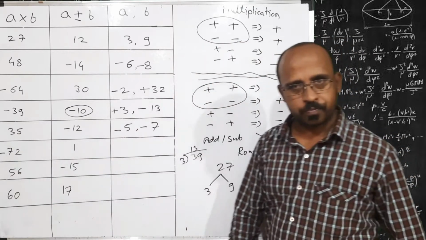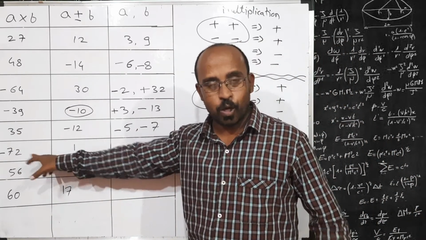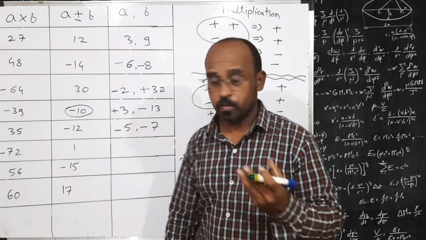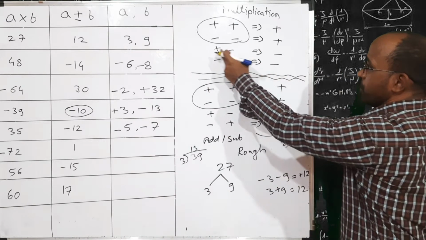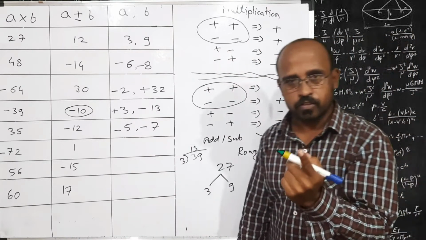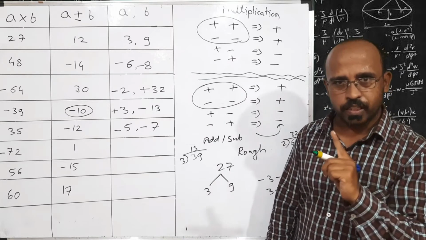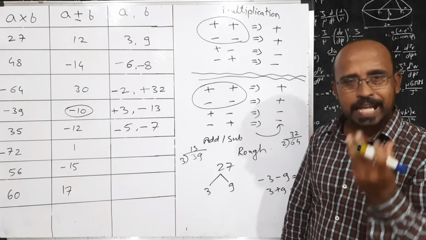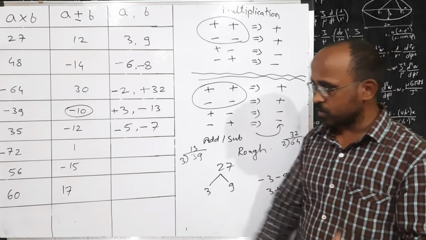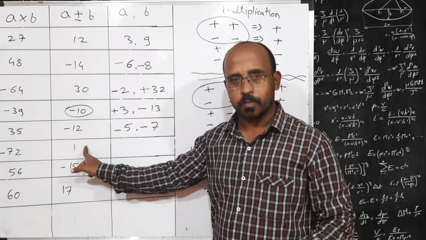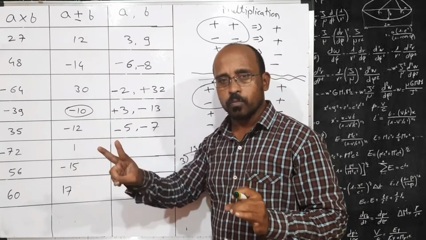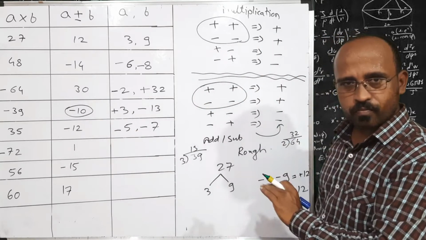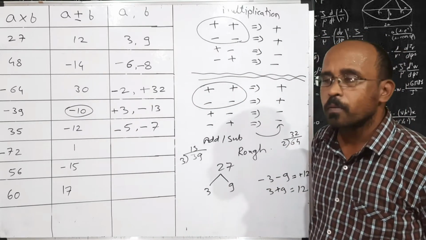Minus 72, multiplication is negative. So its factors will have different symbols. When multiplication is negative, the integers are having different symbols. So one number is positive, one number is negative. So if one number is positive and one number is negative, what do we have to do? Their addition or subtraction? Subtraction. So this one is the result of subtraction. Means we have to look for two numbers whose multiplication is 72 and subtraction is 1. And what are those such two numbers? 7.